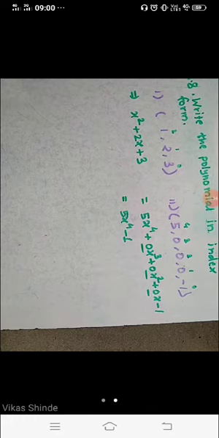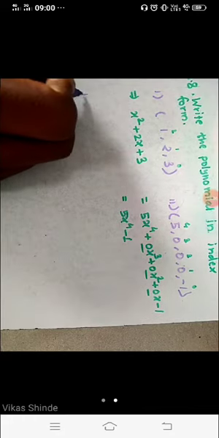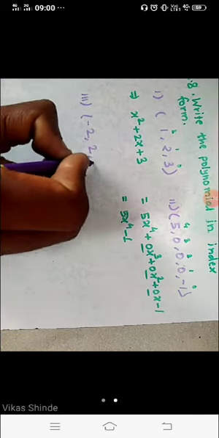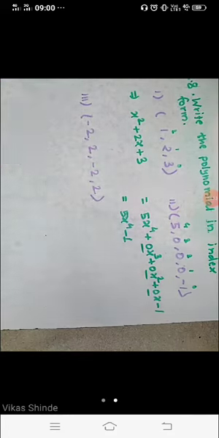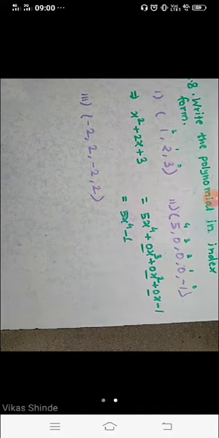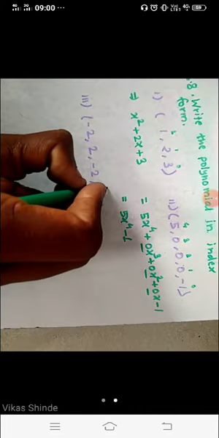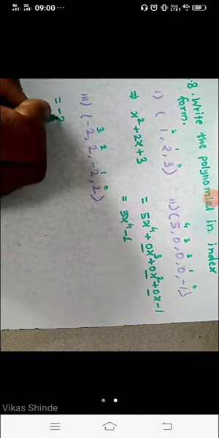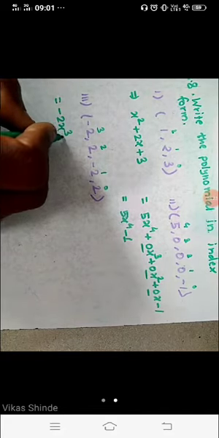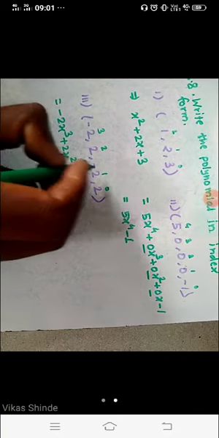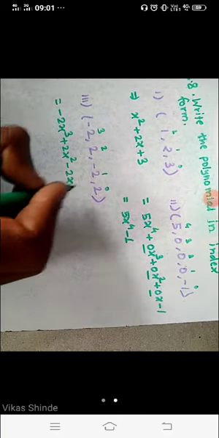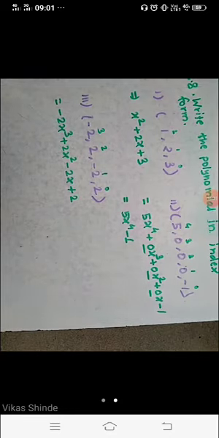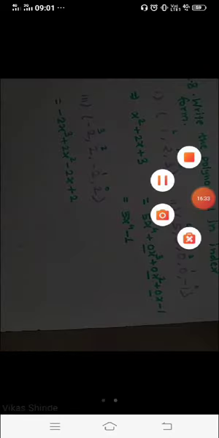Now the third one, student. Write down the third one now. Inside a bracket minus 2, 2, minus 2 and here 2. Look carefully how to write this in index form. Here is 0 index, 1, 2 and 3. So write in your answer minus 2x cube, then plus 2x square, then minus 2x and here plus 2 as it is. This is the index form of the polynomial here.